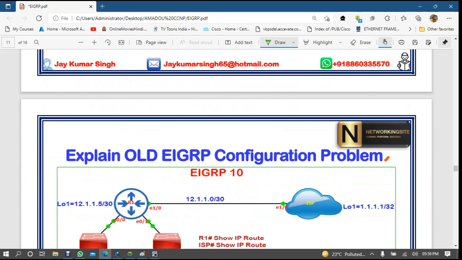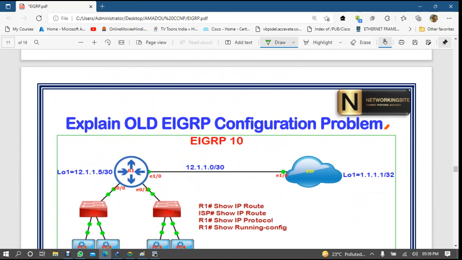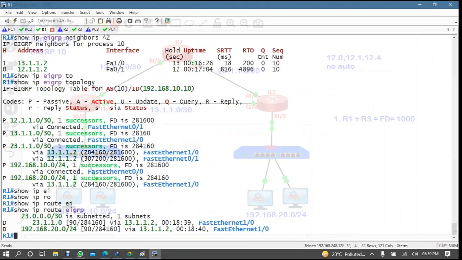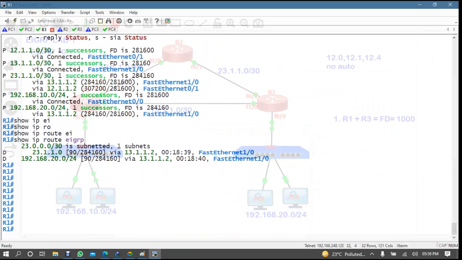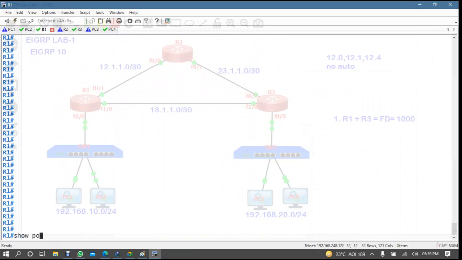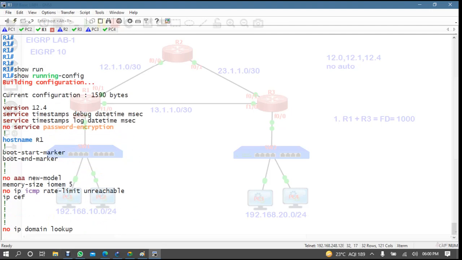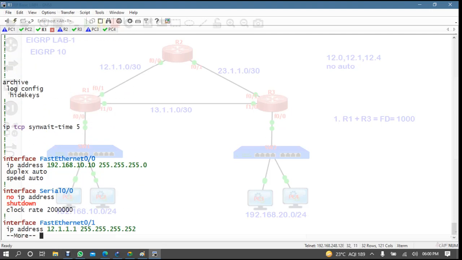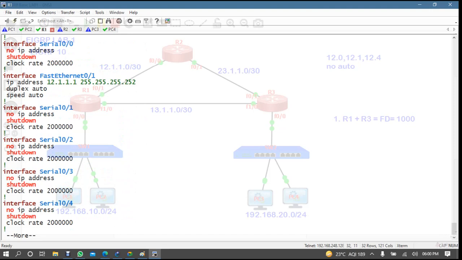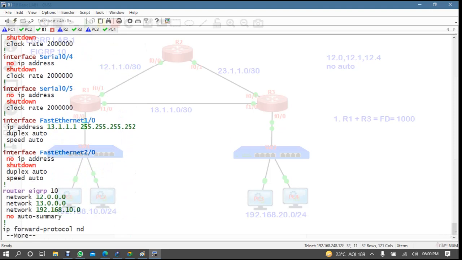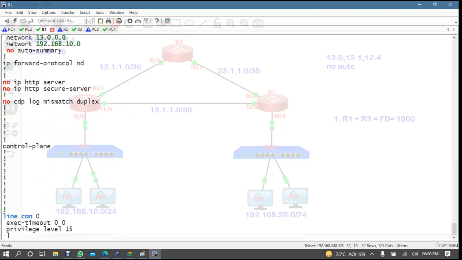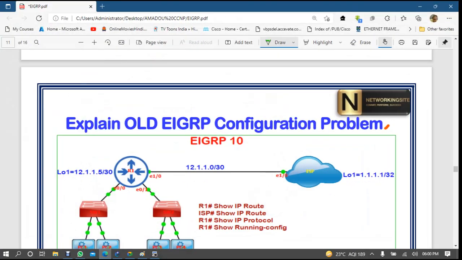Now, to explain the EIGRP configuration problem, let me show you something. If I come here and look at the running config, these things we will come to know about tomorrow.